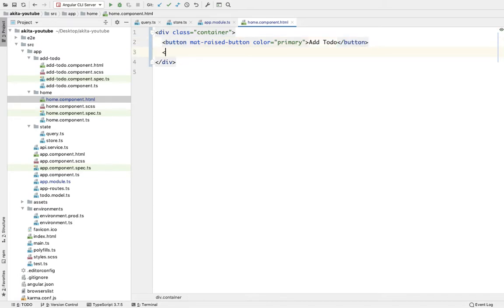Below that we will be having mat card, and on that card we will be having a simple paragraph tag.